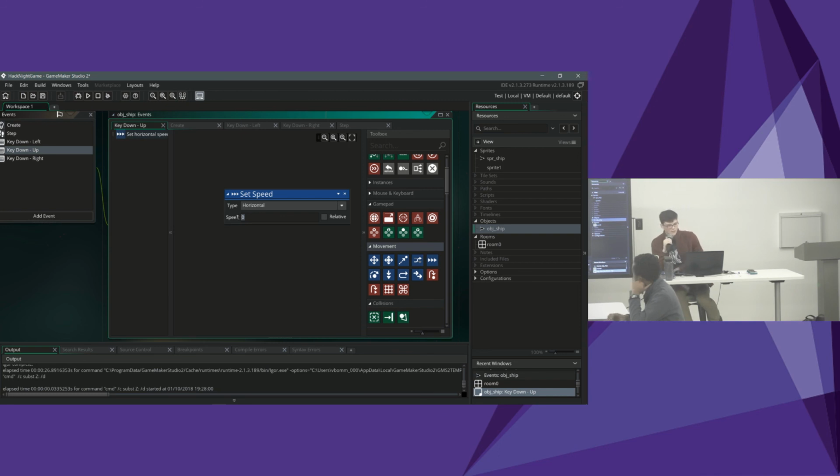So by default, the ship is facing angle 0, so we want the cosine of that angle to send it fully horizontal. So the math behind that is going to be thrust times,